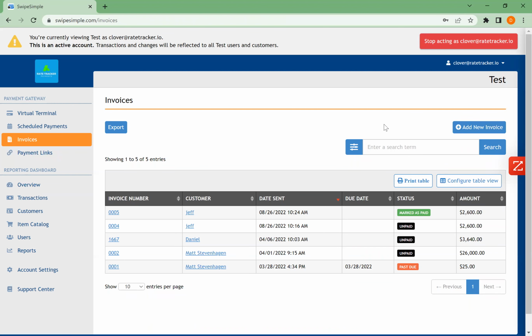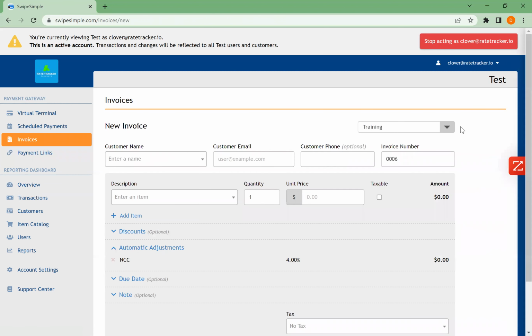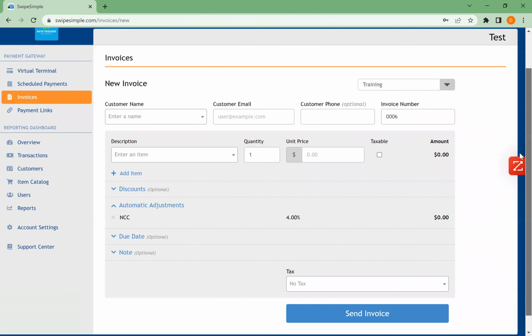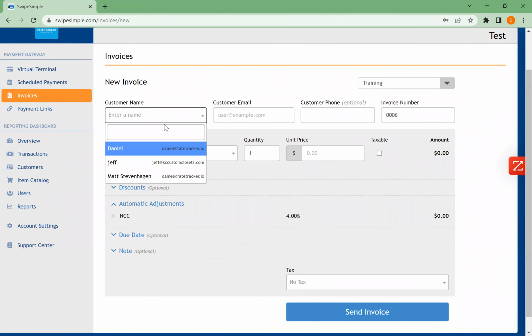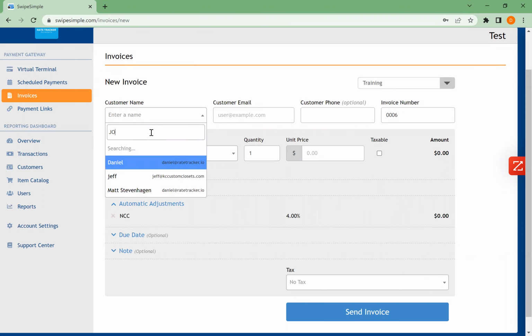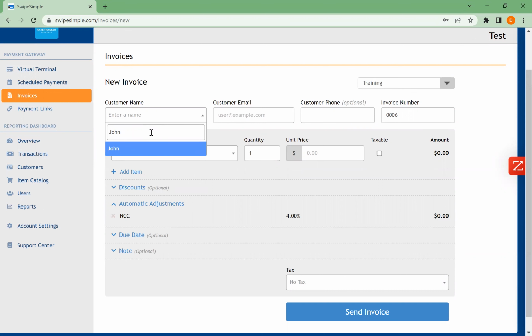You can see that all just from here, the main dashboard. So to add a new invoice is very easy. We're just going to add a new invoice. If you've got an existing client database, you can select who that customer is. So there's a drop down. Here we're going to just add a new customer. So we're going to say John. You'll just put in the information for, so email address, phone number, invoice number if you want to keep track